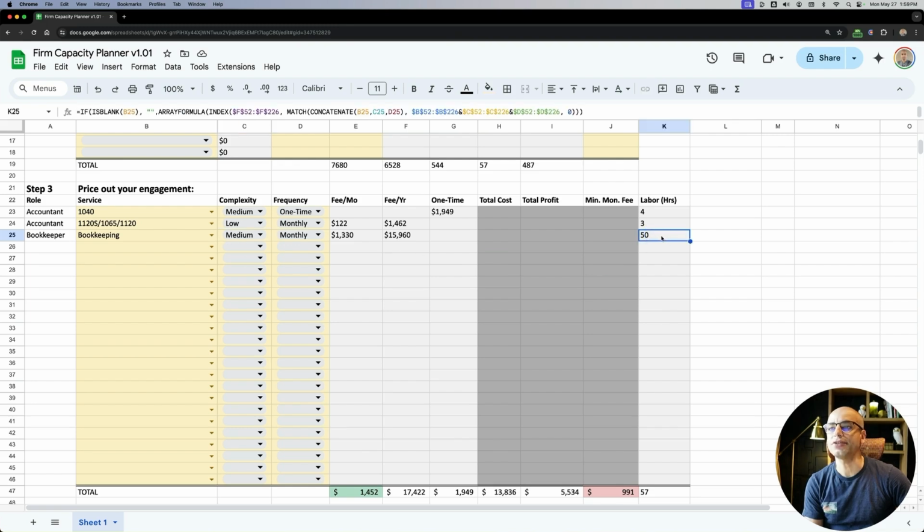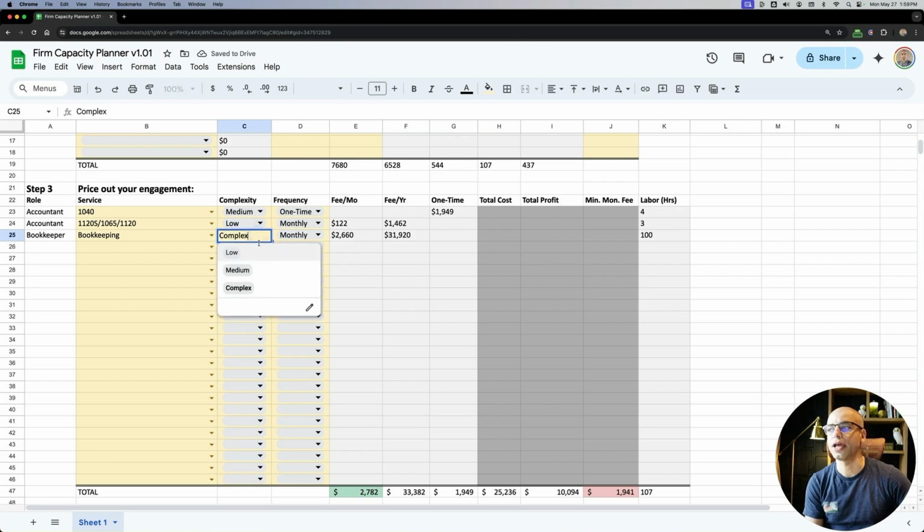So the hours are calculated, right? If that is low, then it's only 25 hours. Complex, 100 hours. And again, you have full control on how to adjust this in the next section. Okay, and then it gives you the total. So we know that if we were to move forward with this, this is going to be a total of $14.52 a month, plus a one-time fee of $19.49, because remember we decided to charge $10.40 on a one-time